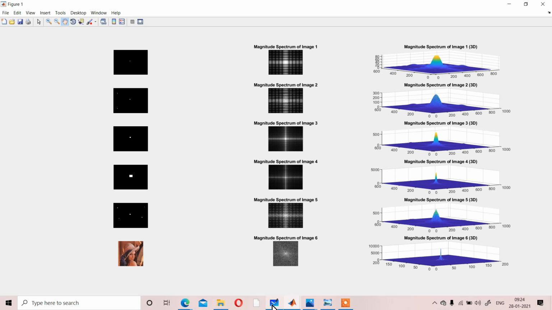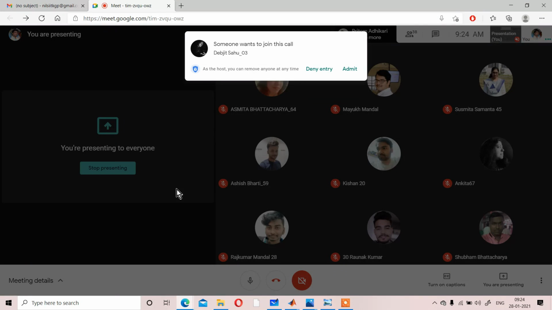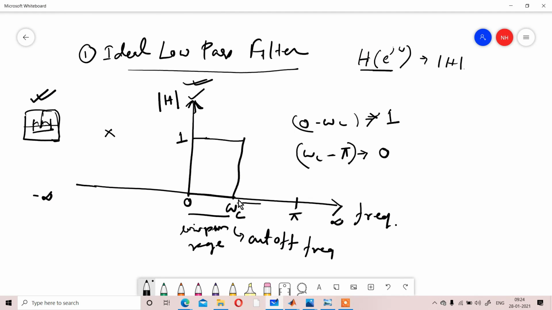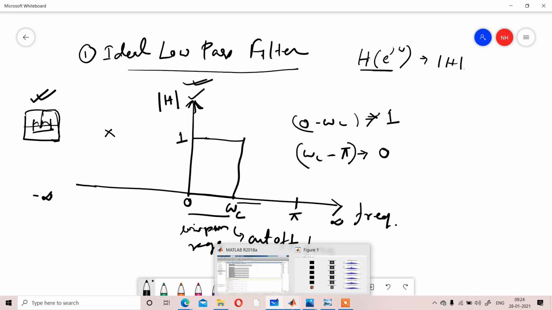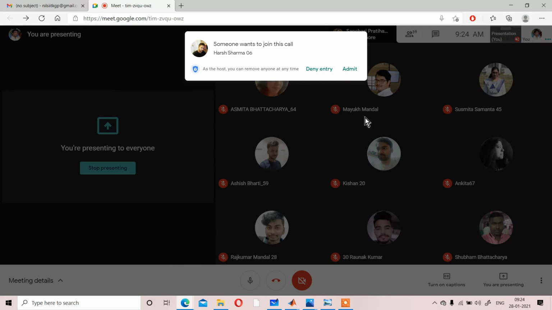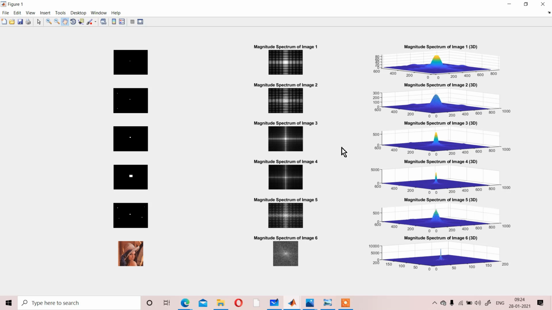The filter that I have considered here, omega c should have some value. So what value should the omega c have? That you can identify if we consider the DFT of the signal.